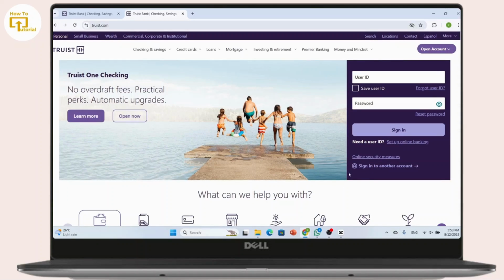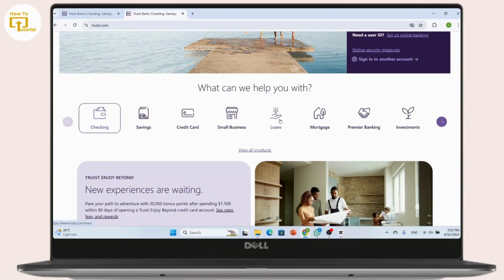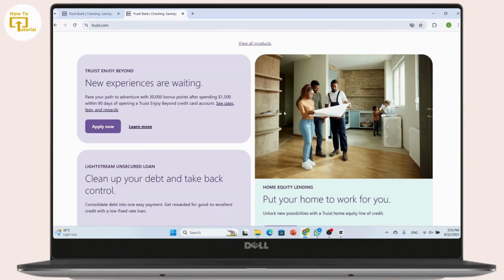Now here, simply log in with your credentials, and once logged in, go to account services or manage account from the dashboard or menu. After that, look for the option to add joint account holder and click on it